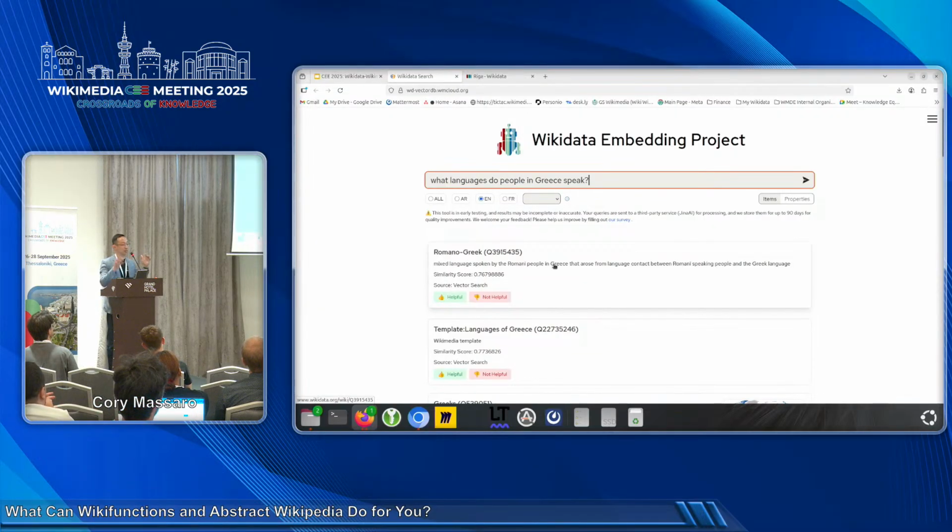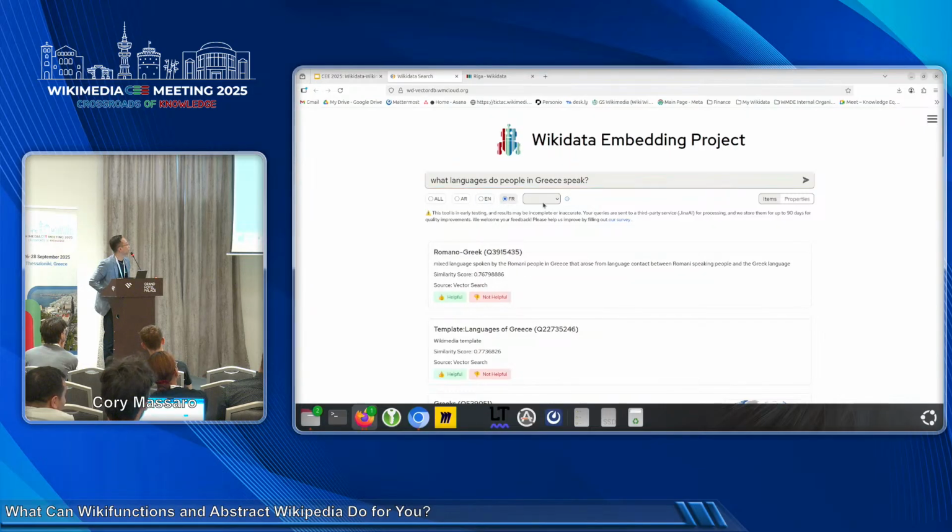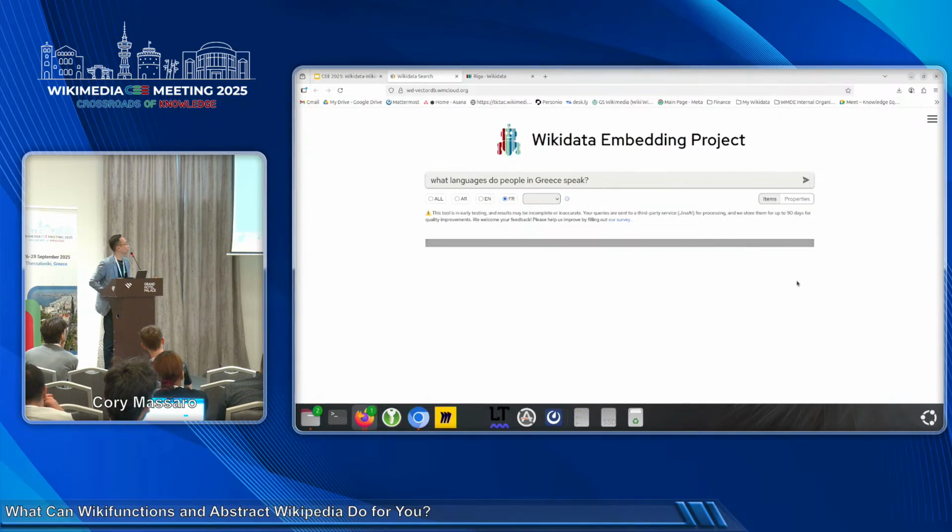There's also the opportunity for other open source Gen AI projects to build on top of this and to work on this, right? Because we already have a vector database, this is just something for you to have a sneak preview. Let's be a bit ambitious and try it in French, shall we? I can't speak French, but let's just see.